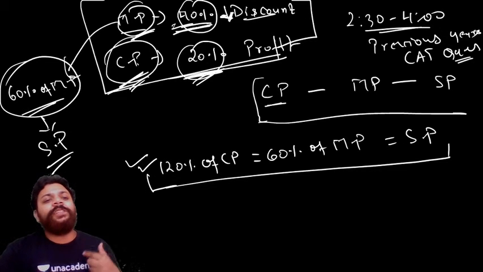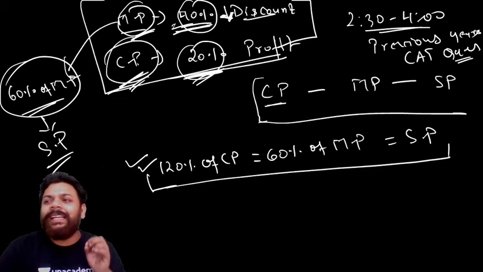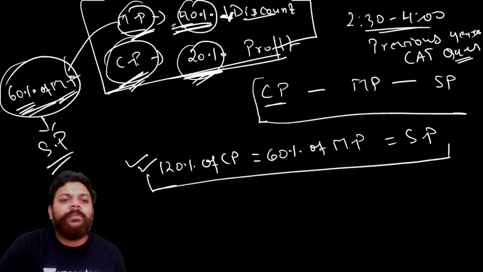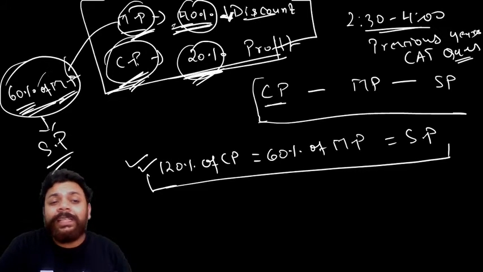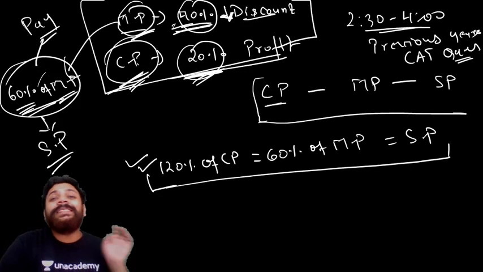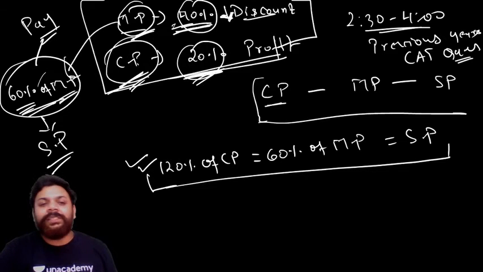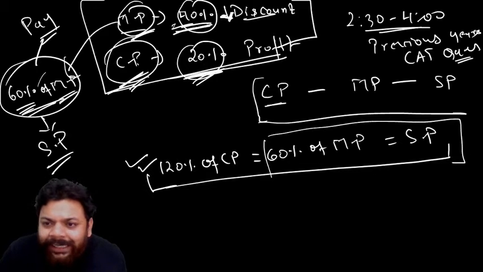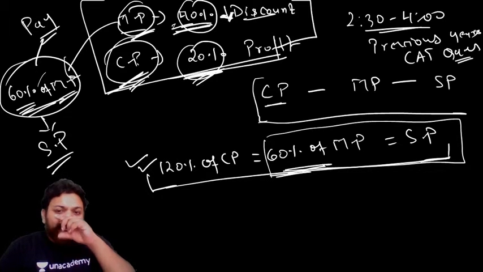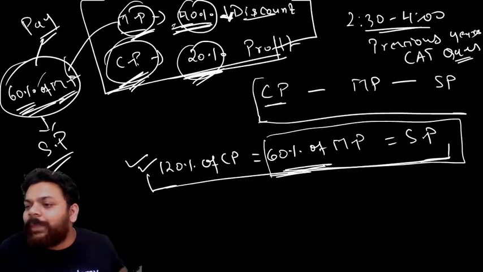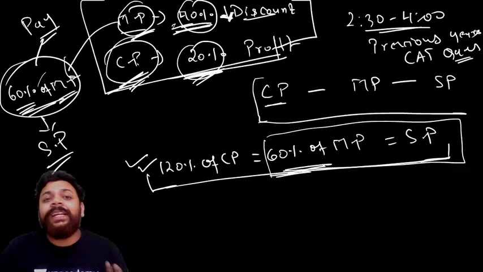The price at which I am selling something is my selling price. So if I'll give a discount of 40%, so definitely we need to pay this much. 40% is discount, we need to pay this much. So for sure I can definitely write these two things, which is LHS and RHS. So I can write this equation that 60% of marked price is equal to selling price. ये मैं लिख सकता हूँ definitely.